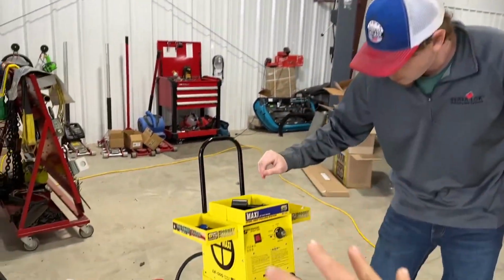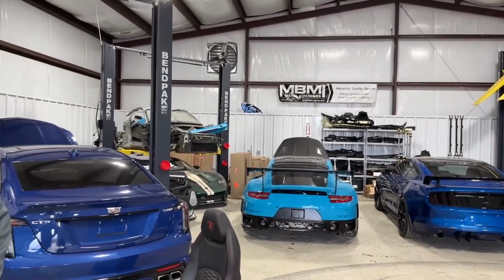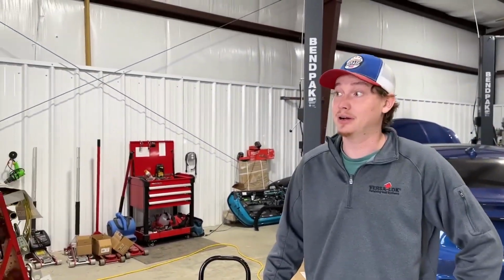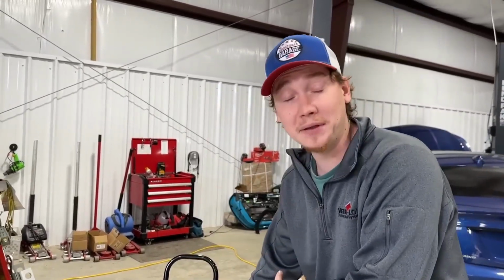Exactly, and we got this originally for that Porsche right there, which we just ended up replacing the quarter panel on, so we really didn't need it too much. But we were thinking about ordering an aluminum one for this car right here, the Urus. 100%. I mean, this is all aluminum. We're definitely going to put this to a test. Basically all of our vehicles are steel, except for the supercars, but